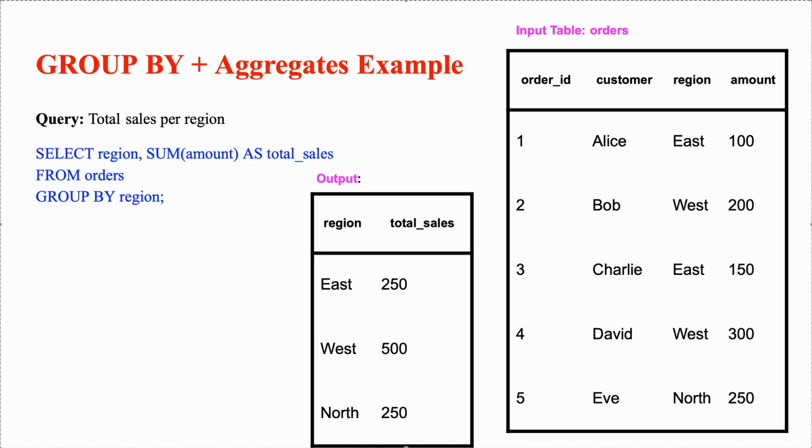Here's a simple example using this orders table. We've got sales data with each order tied to a region and an amount. Now, if we want to see total sales per region, we can use group by region and then apply sum on amount to calculate those totals. The result shows East had 250, West had 500, and North had 250. This type of query is really helpful in testing, especially when you are validating reports and making sure that group totals